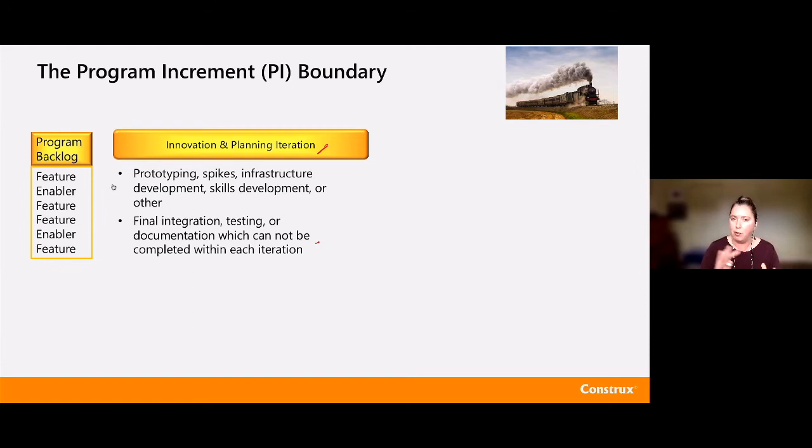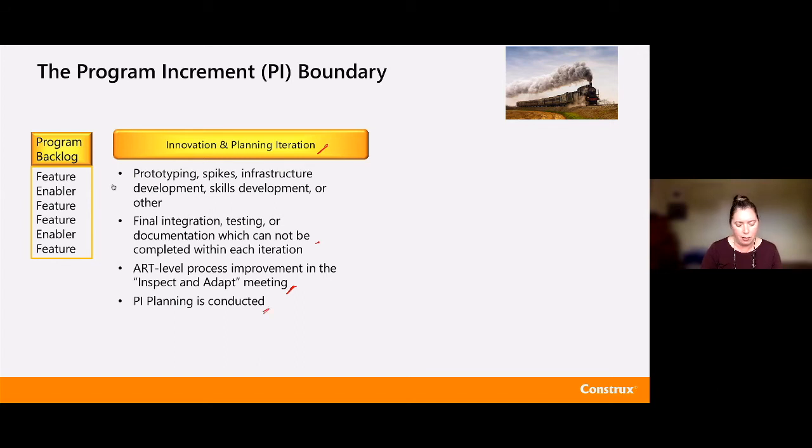We don't want to be deferring all the testing to this particular boundary. This is just things that weren't able to be done, and we're kind of tying a nice little bow around the work already done throughout the previous program increment. We're also going to hold our process improvement meeting. So we call that an inspect and adapt meeting. And here everybody on the ART is going to get together and talk about what are the things that are going well, what are the things that are problematic, what are the causes of the things that are problematic, and what are we going to do better in the next program increment.